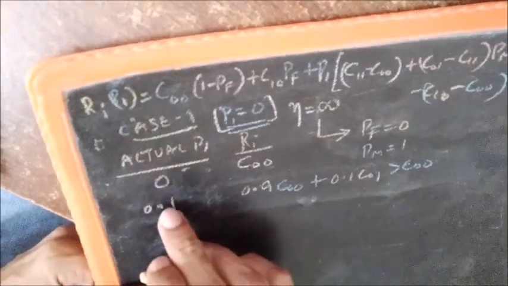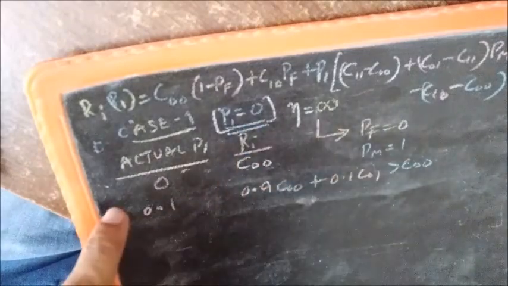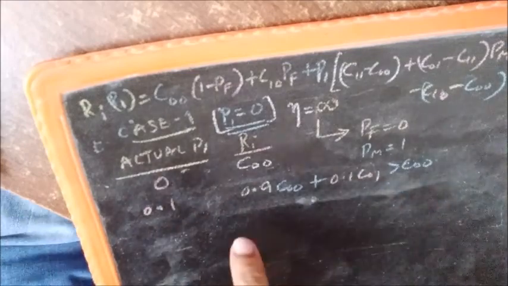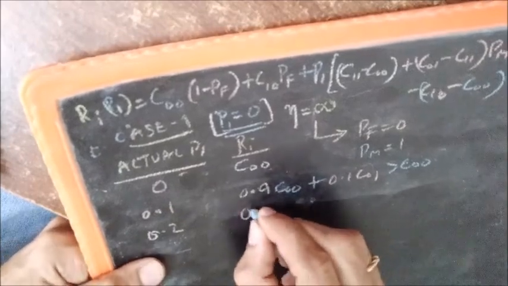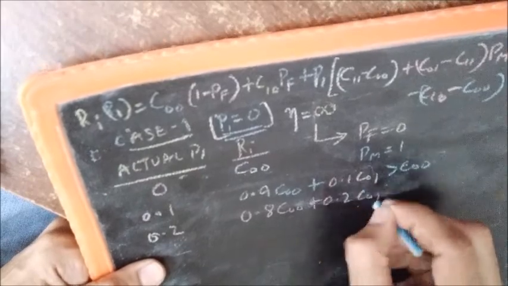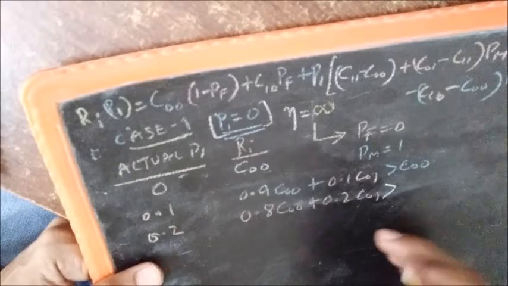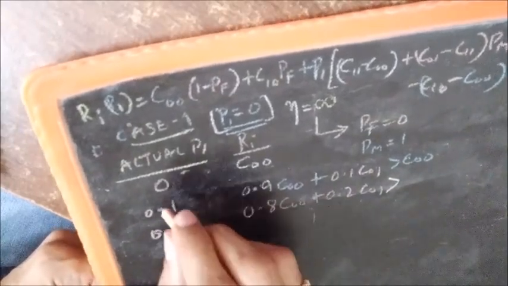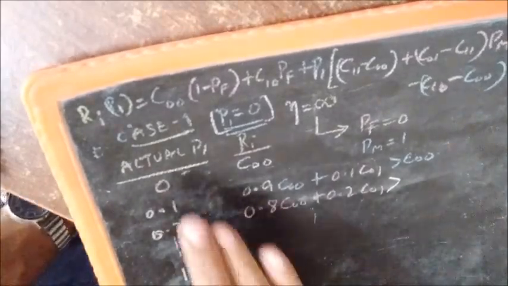So you can clearly see that you have assumed P1 to be 0 and set the threshold. When the actual P1 is different from what you have assumed, you are going to incur more cost. Similarly, for 0.2, you can see that the cost will be 0.8 C00 plus 0.2 C01, which will be more than C00. So you can see this trend continuing, and you can see that when the actual P1 is 1, because it can go through a range,